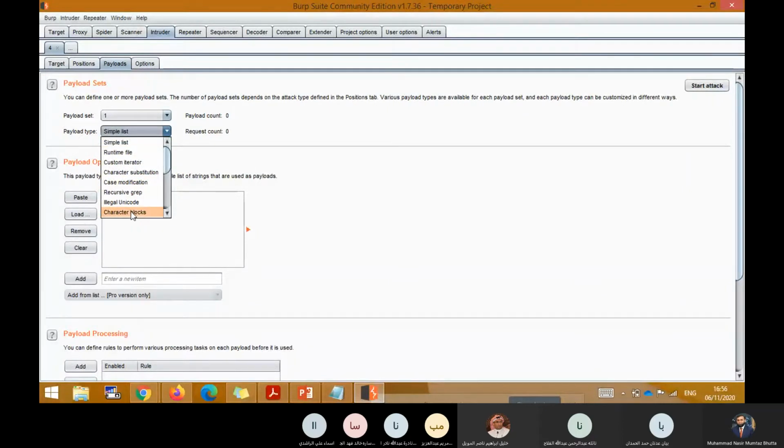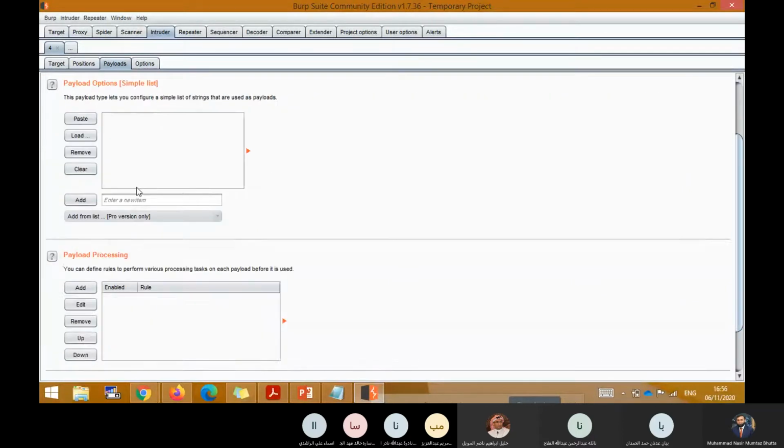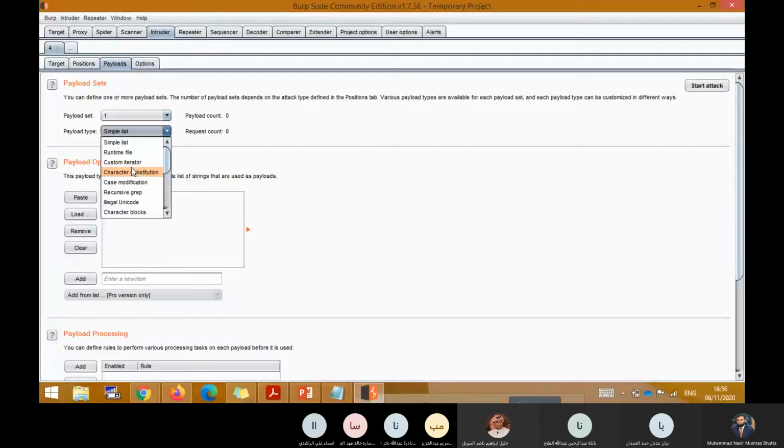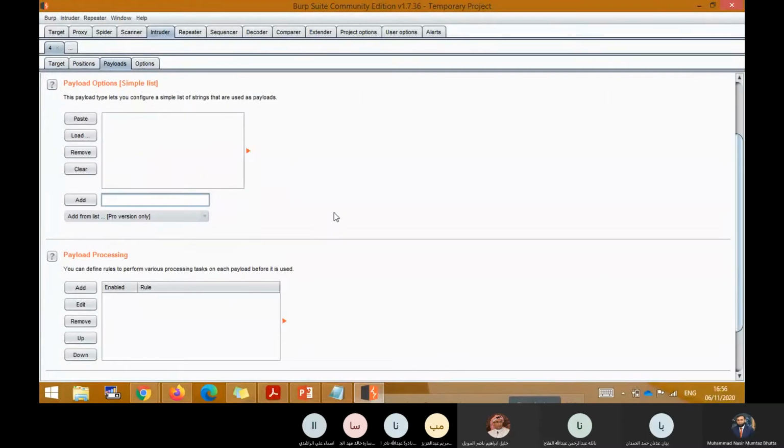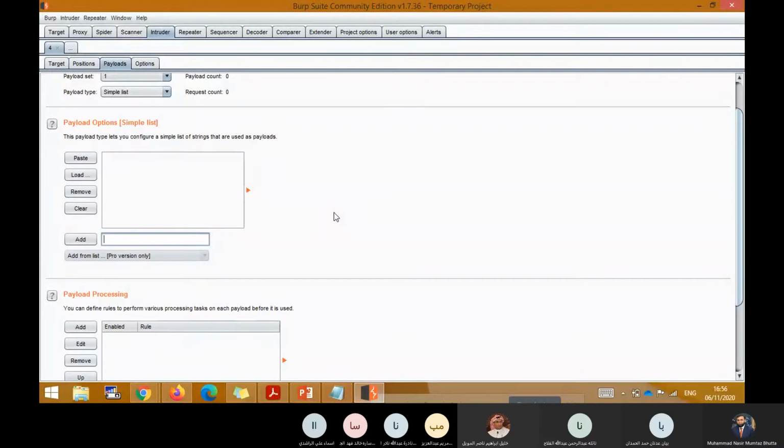Even you can create the programming by yourself just using these possible functions, and you can create different kinds of combinations. Like I told you, brute force or enforcing the password policy. But first, let's do it with the very simple ones. So we create the simple list, and here we add possible values. For example, we say A, B, C, D, E, F, G. This is one possible password. Or we can say 1, 2, 3, 4, 5, 6, 7, 8.